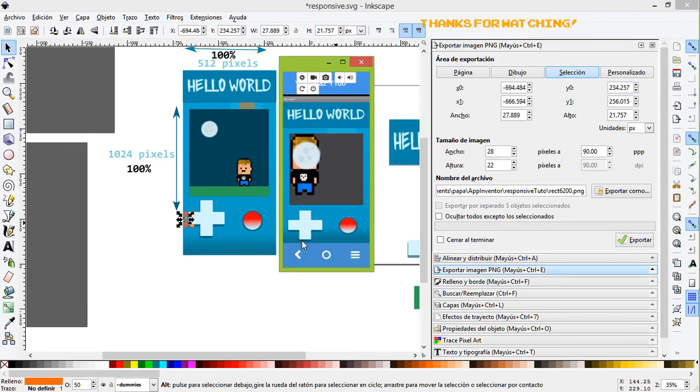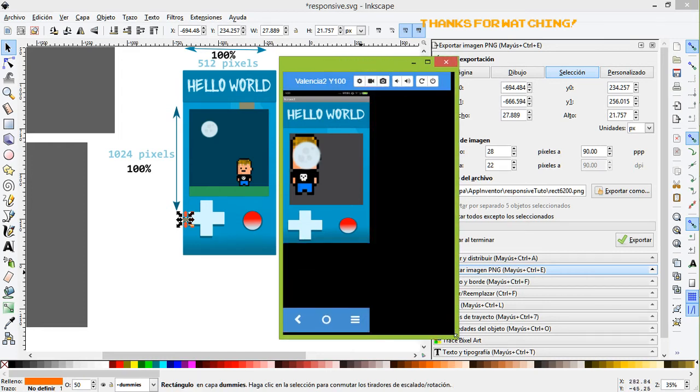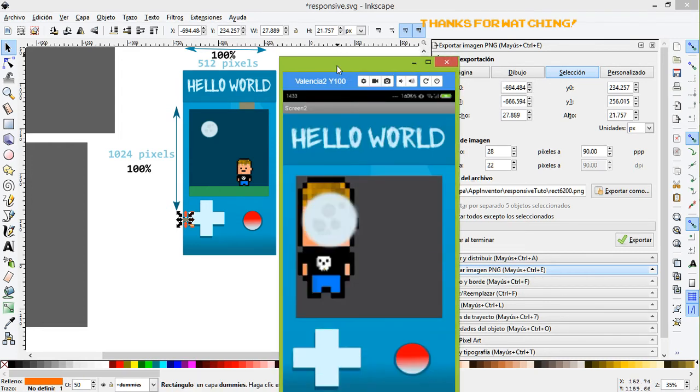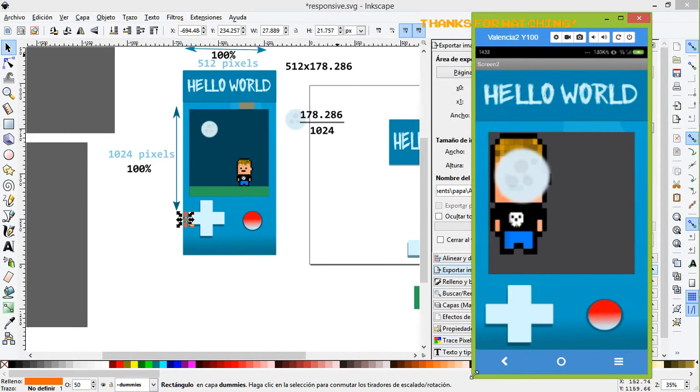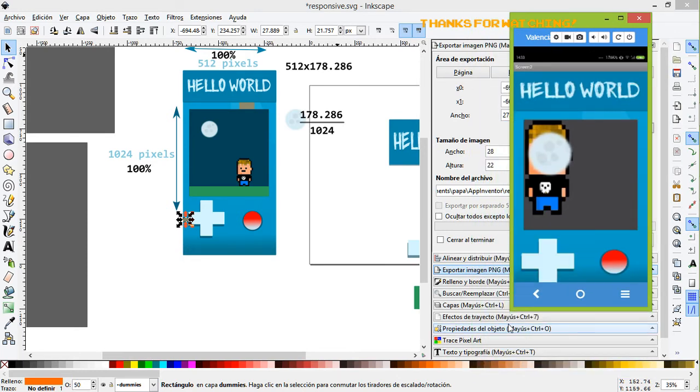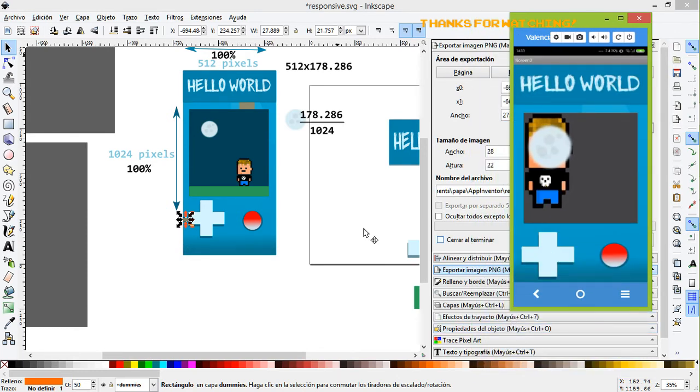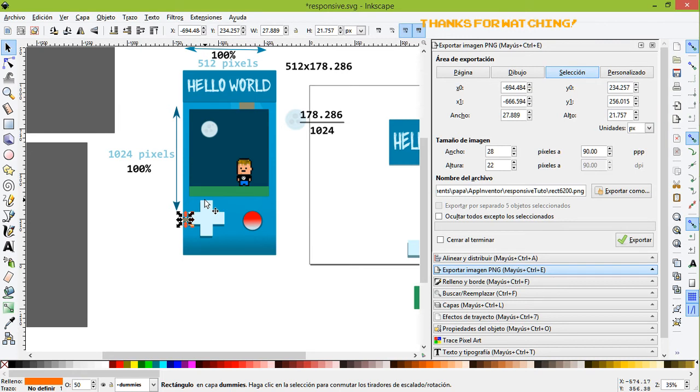Okay, maybe you say, hey, the empty space, it's not looking good. Don't worry about that, believe me. So it will look the same in your app. So we have the spaces, and now we need to check what is missing. We are missing the canvas